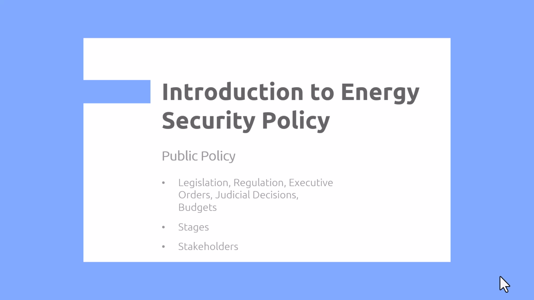Then there's court rulings. So this covers judicial decisions. Court rulings can interpret laws. They can decide laws are not congruent with a national system. So in the United States, we can say a law is unconstitutional. These judicial decisions can shape public policy and set legal precedent so that when a similar question comes up in the future, lawmakers and government agencies will hearken back to those precedents for how to act going forward.